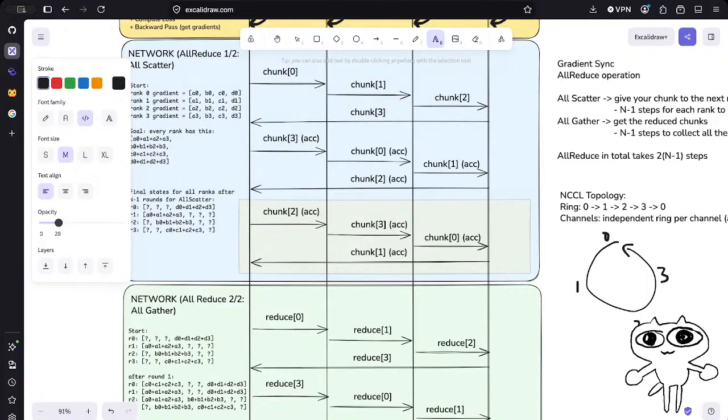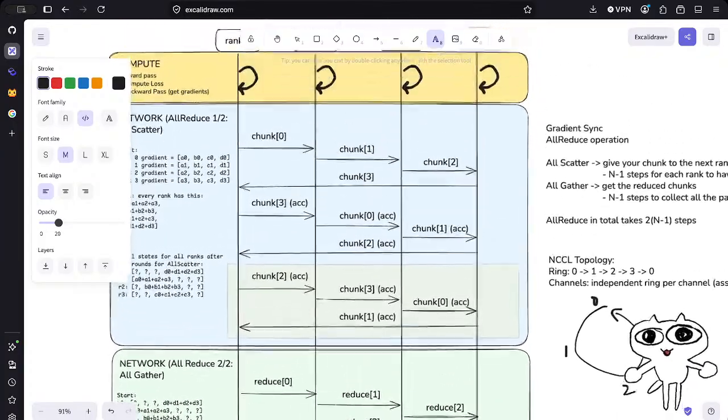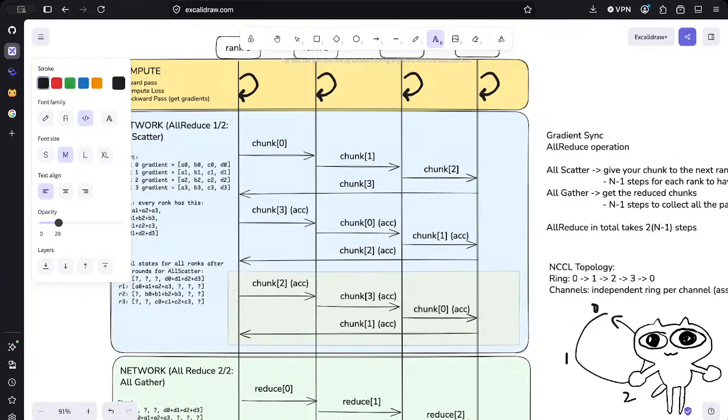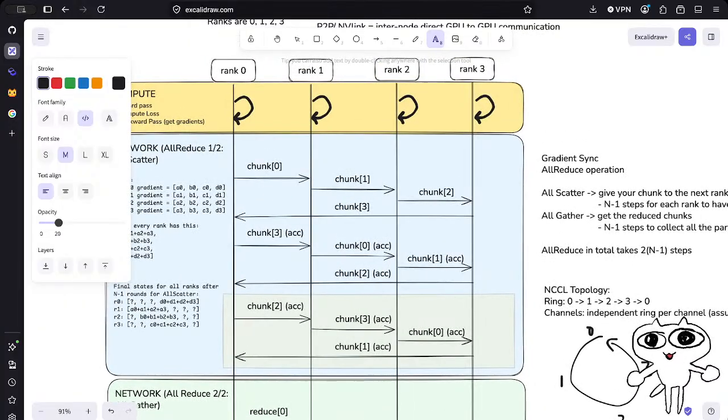Okay, perfect. So now say I have this rank, like all of these ranks are gonna be sending their chunk to the next rank in parallel. Although the sequence diagram makes you think that it's happening sequentially, this is all happening at the same time. Rank one does not have to wait for rank zero to get the chunk. Rank one is just gonna send its accumulated chunk to the next rank, rank two in the ring, whenever it wants to. So say rank one takes, say,